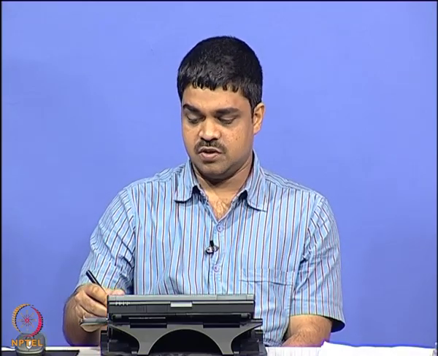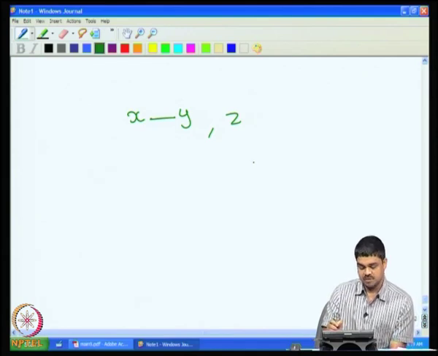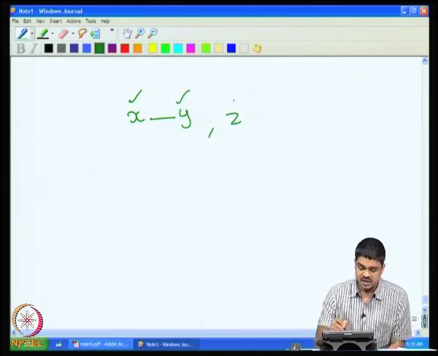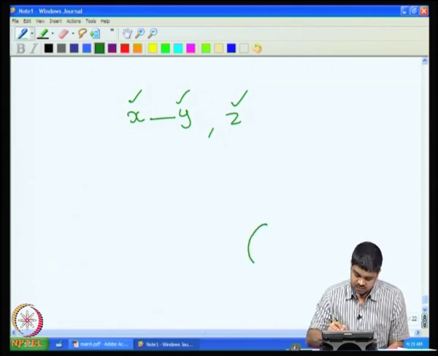Not that it is unique, it may be possible that there are more than one edges, but I will pick up one such edge. Now, from now on when I say xy, that is an edge, and together with its partner z, the value of it is going to be the minimum. That means, when I remove x, y and z from the graph, there exists a component C,